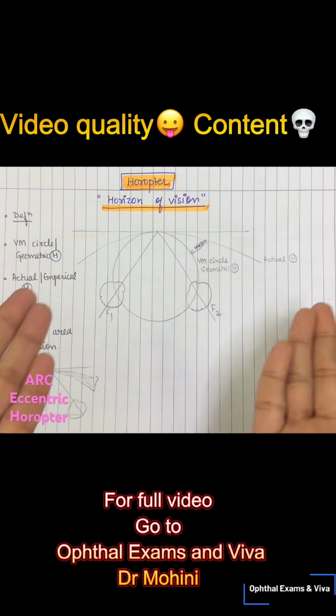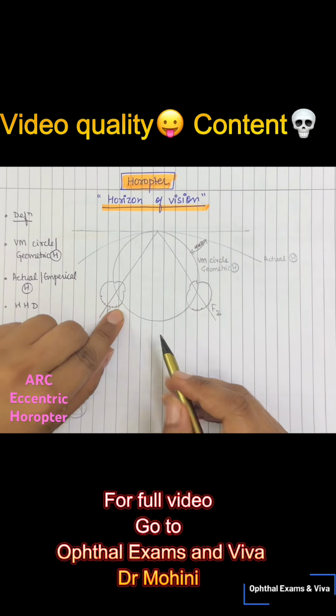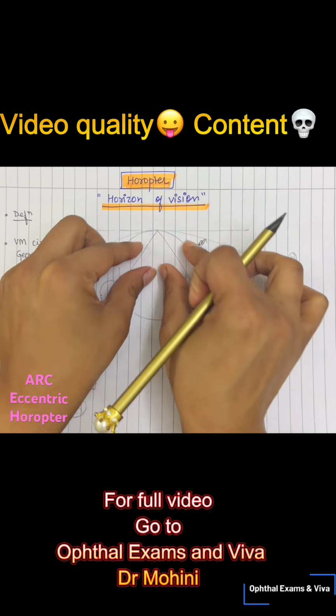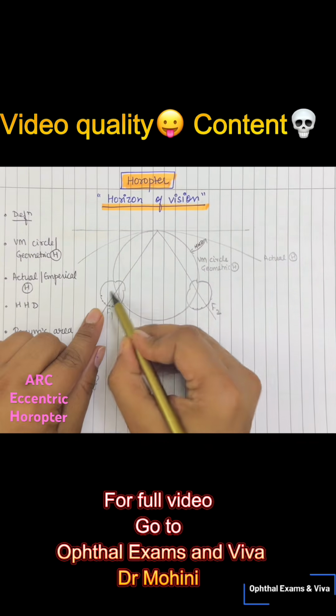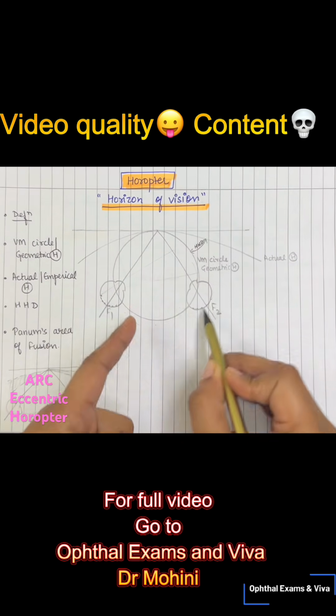So if suppose, literally means horizon of vision, right? It was introduced by Ugelinius. So if all the corresponding points of this eye and of the other eye are projected into space at any particular distance, it forms a plane. It will make some plane, right? From here, this corresponding, this corresponding, right? So by taking corresponding points like this, this makes a